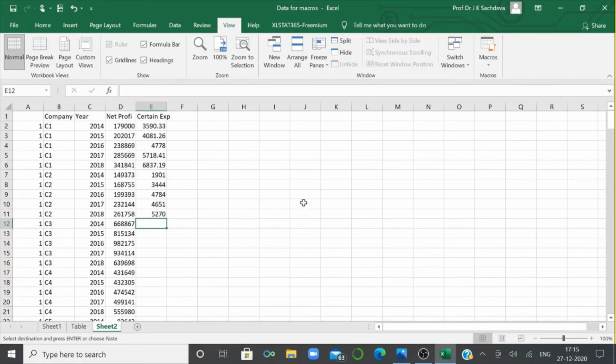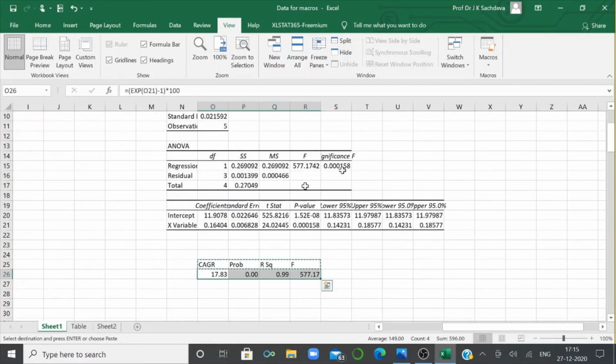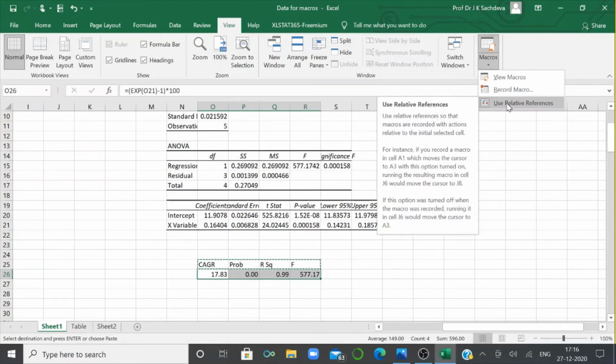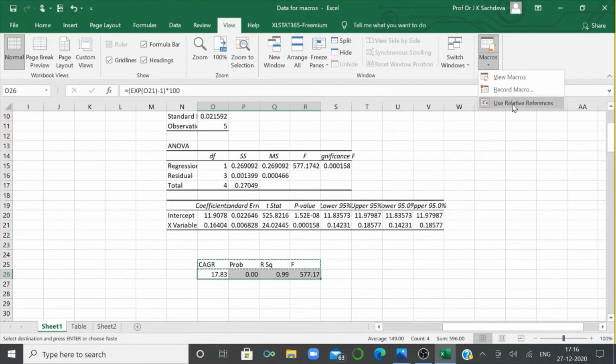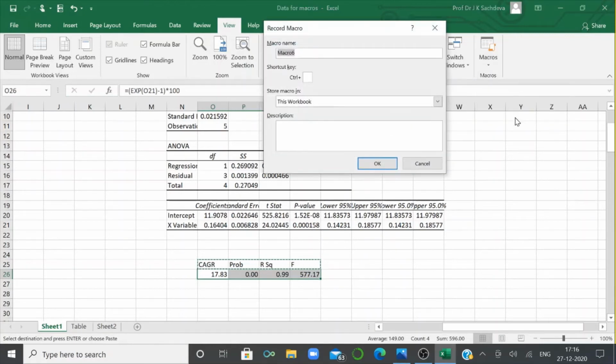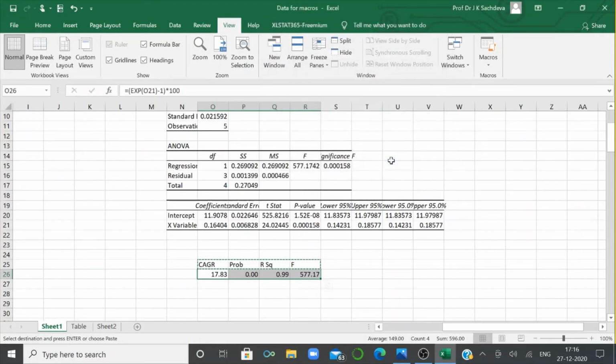So we will go to macro. First, use relative reference, which we have already recorded. We will record the macro and we will name it, say, paste 2. Anything you can name, there is no hard and fast rule.